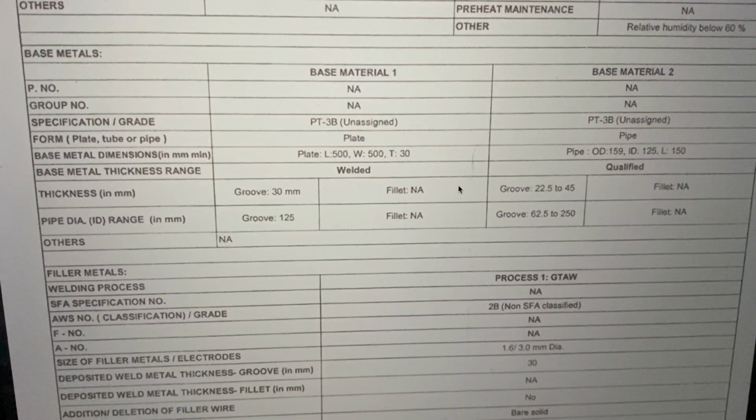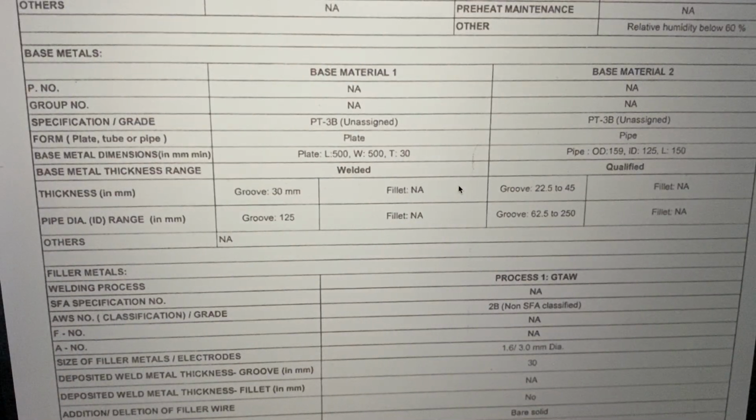I will also advise that not only plate, tube, pipe, but it is good to write the way it has been produced, whether it is a forged tube, a cast tube, a rolled tube, an extruded tube, a pilgrim tool tube, or similarly for the plate, the way it has been formed, cold rolled, hot rolled, how many passes it has been given, and to which specification it is meeting, which is already covered on the top. But if it is not listed, then it is better to write all these things in our WPS,